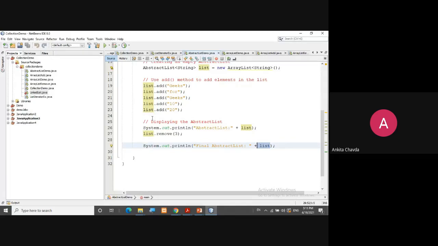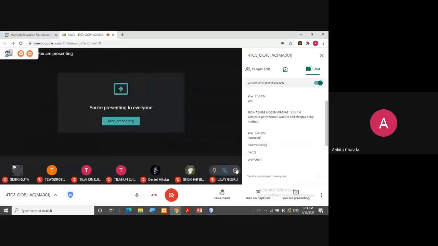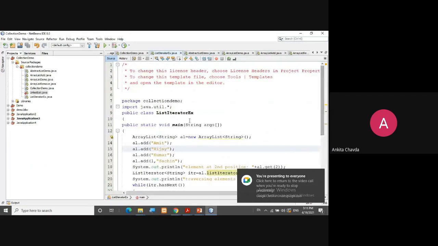So we'll see one by one, don't worry. I hope this is clear what abstract list is. Abstract list can use any type, either it is array list, or it is vector, or it is a linked list. Fine. Then list iterator. We have just seen what list iterator is.